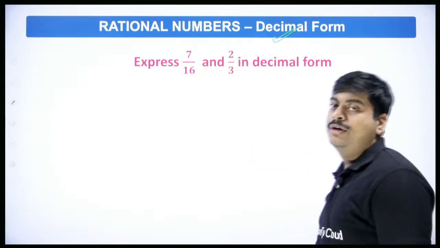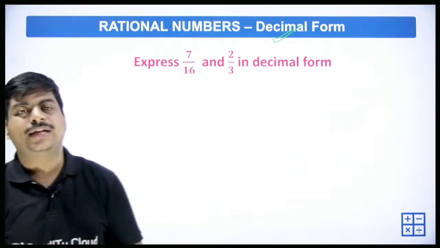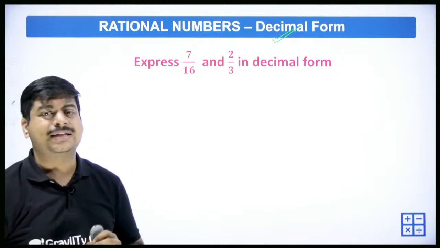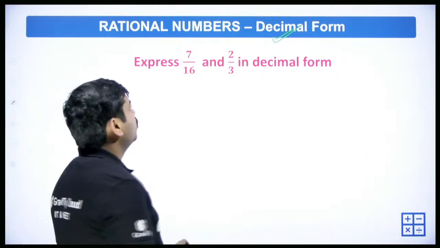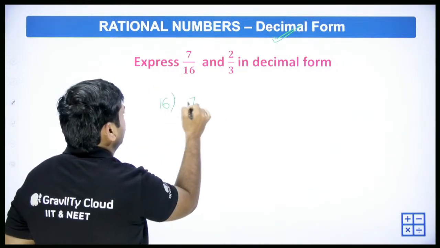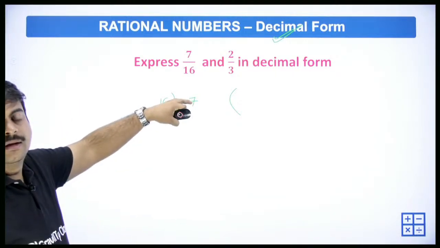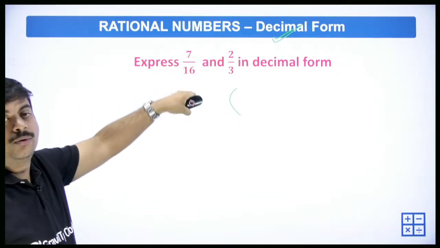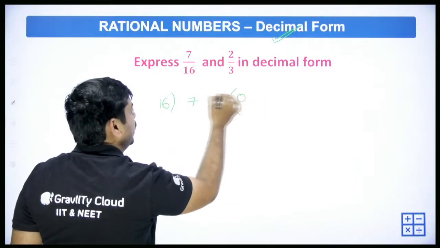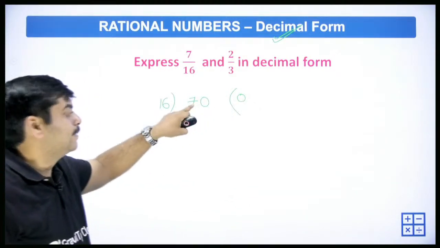Now we are going to discuss decimals. We discussed in the lower class what decimals are. Once again, let's try to recall that. Decimals means we need to divide. We need to express that as some decimal points. Let me tell you about 7 by 16. Now 16 and 7. When you divide this, you cannot divide 7 by 16, right? So you need to have one more 0, because 7 is less than 16. Keep 0 point. If you keep the point, you can keep a 0 here.